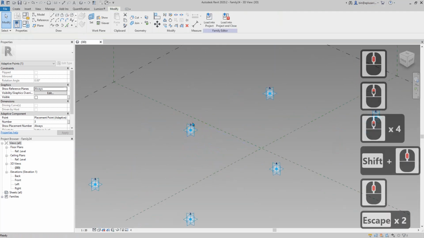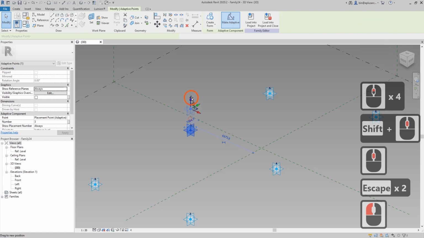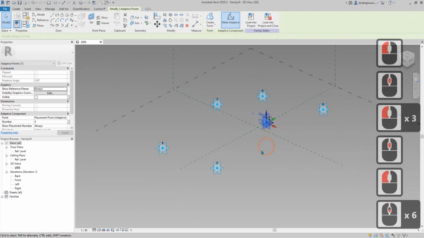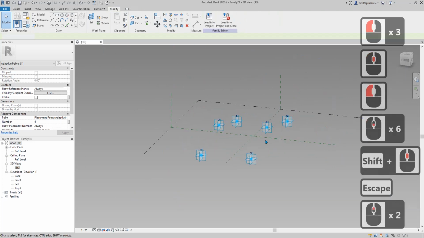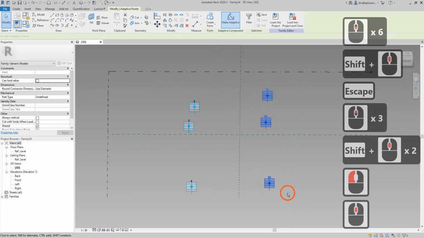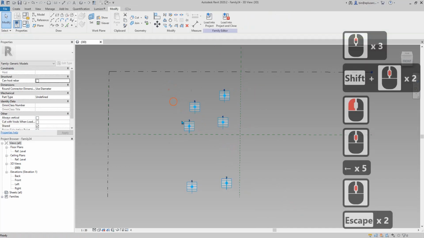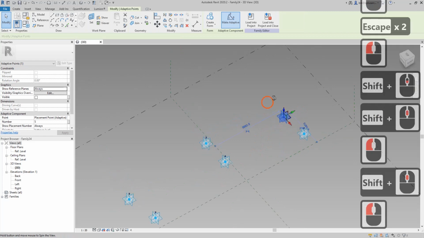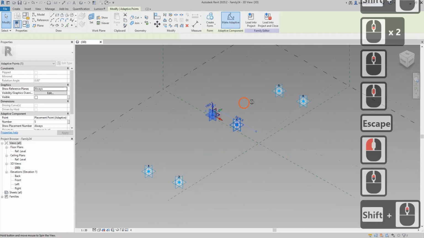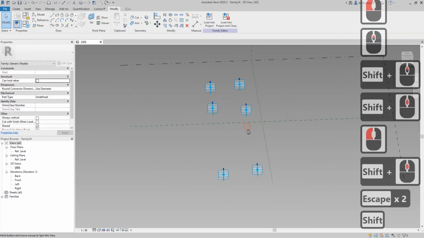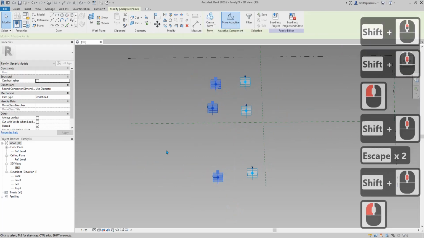Move these 2 points up a little bit, so you will understand what we are modeling. I'll roughly move the points so you can understand what we are modeling. So it's a truss family. So now select these 3